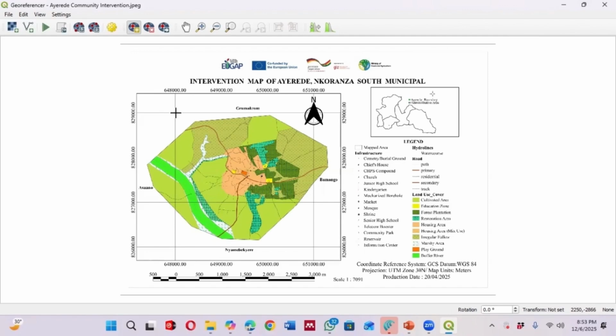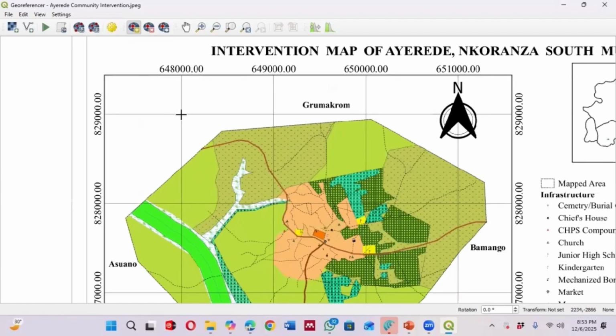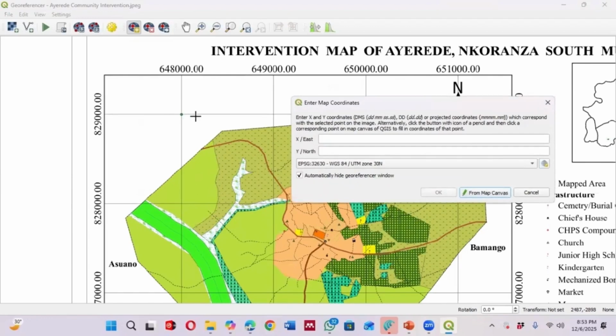Usually when you open the georeferencer, it's on Add Control Points, and that is this option. You can see that its background has changed to grayish, so that means it's selected. When it's selected, you have this plus sign that we are using. You may need to zoom in so that you can get the correct intersection. So you click on it, then